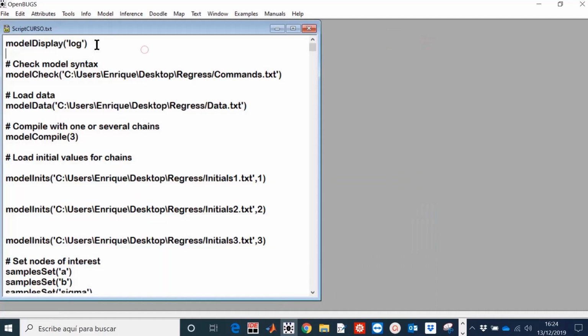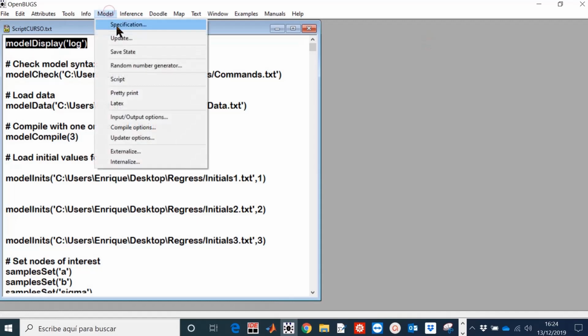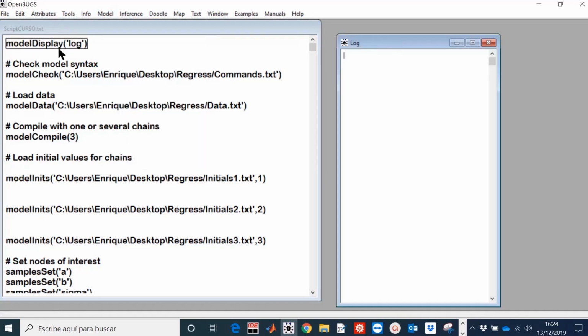Almost all commands provide an output indicating if the program has or not found some problems. If plots are required, they are given. To clarify all this, next we execute some commands one by one and show what OpenBox returns after execution. The Model Display command opens the log window for us in order to show the results.